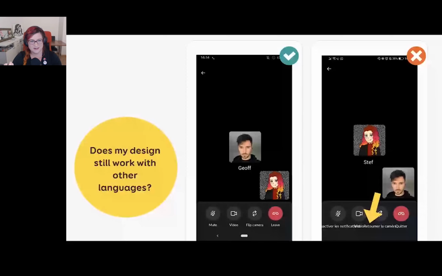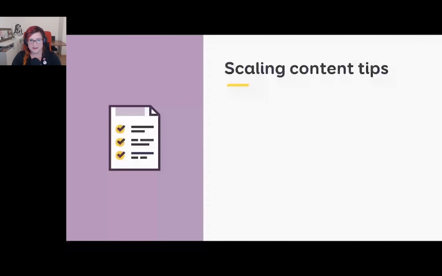But you see the point, he's like, okay, works perfectly in English. Maybe in French, they need a design solution for that. Maybe you say, okay, you know what, the text is smaller and then it goes on 2 lines or something like that. So a few tips about scaling content and design decision. If you're using fake content, like I do, because I don't want to have real data in the mockups in case of a leak or something, make sure that the structure is close to the real one.